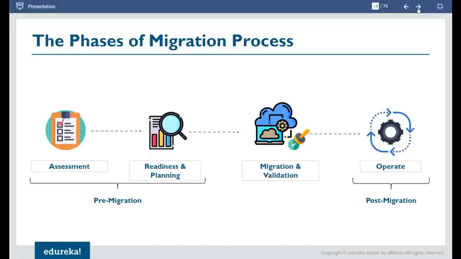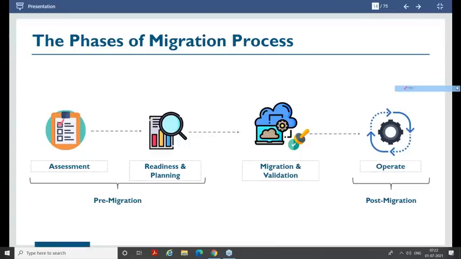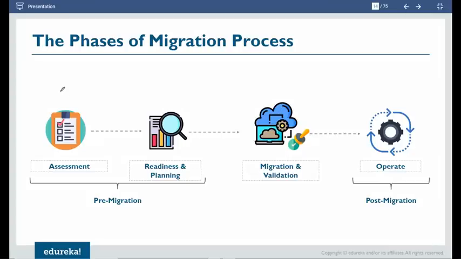Now, pre-migration is an area where you spend the majority of your time. And it is important that you spend a good amount of time here. Because if you don't spend time in the pre-migration stage, then the migration cannot go smooth. And if that does not go smooth, the post-migration will obviously not be smooth.